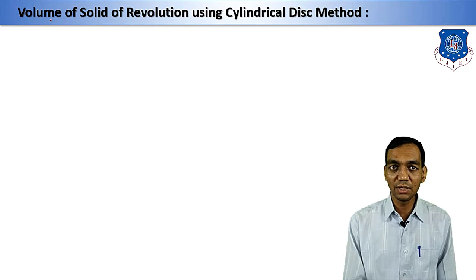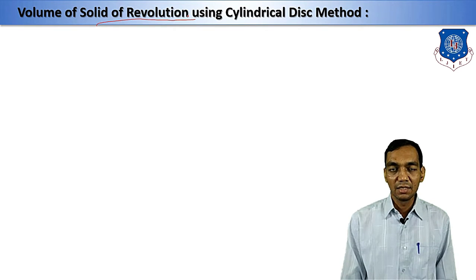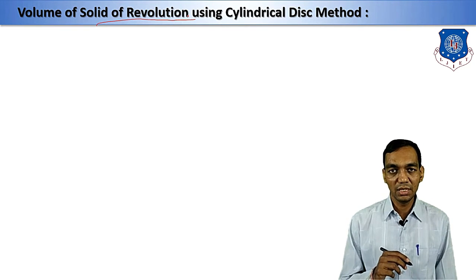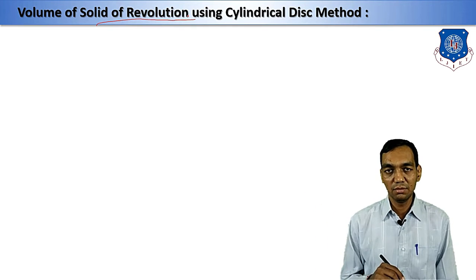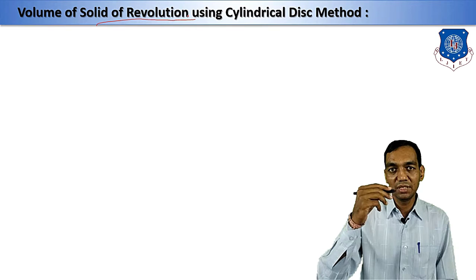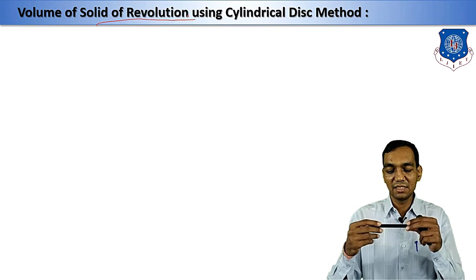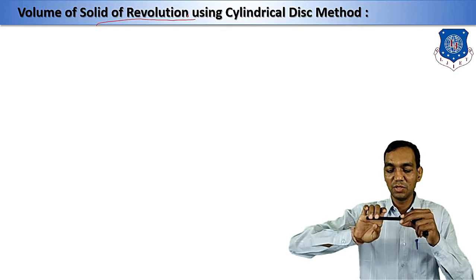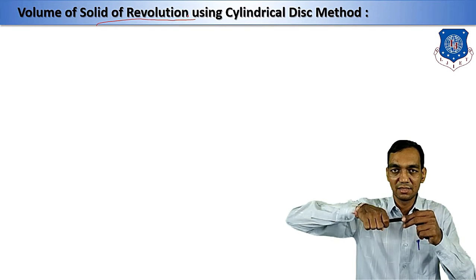Now, we are going to start with the volume of solid of revolution. See, suppose you have given any curve in 2 dimensions. Okay. Here you have suppose any curve. Then there are 2 possibilities. Either you can rotate it with x-axis. That means suppose this is x-axis, this is your any curve, and you are going to rotate it about the x-axis. That means you are going to rotate this like this.